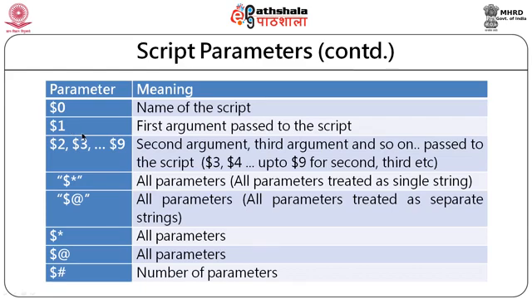If I want to list all parameters, then I can use $* or I can use $@. Using these, I can list all parameters that are passed to the shell program. Either I can use quotes or I can simply use $* or $@. In the next module, we will see the difference between these two notations. And finally, if I want to count the number of parameters that I passed during my program execution, I can use $#. So, $# will give the number of parameters that were passed to the shell program.